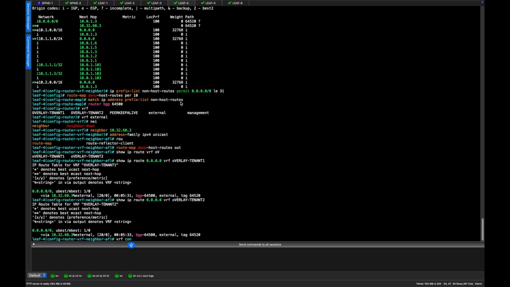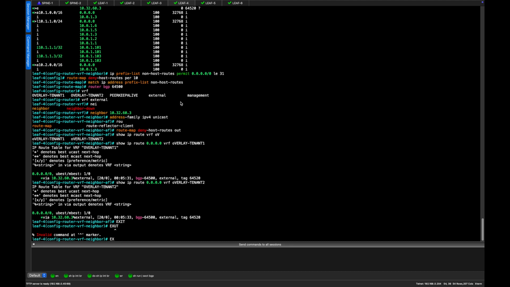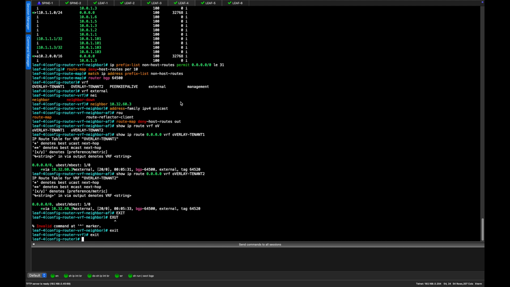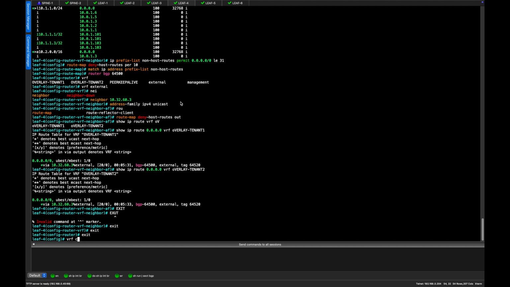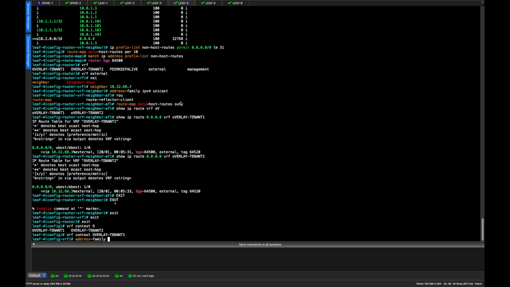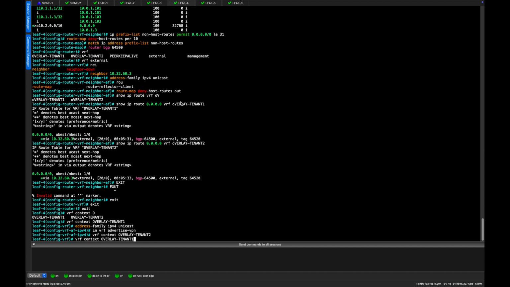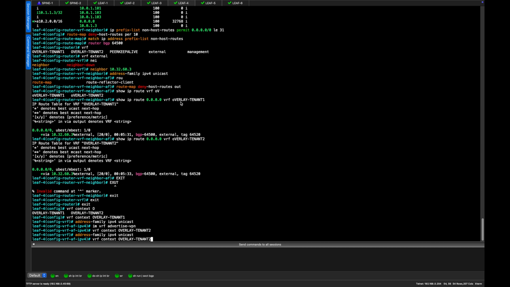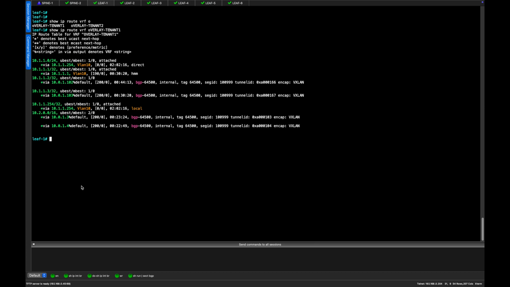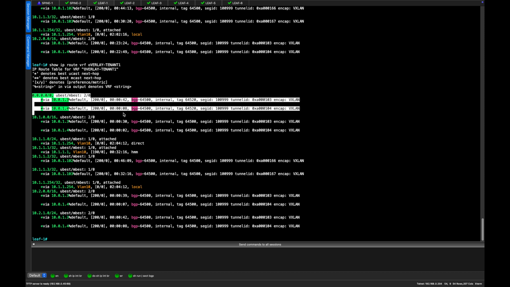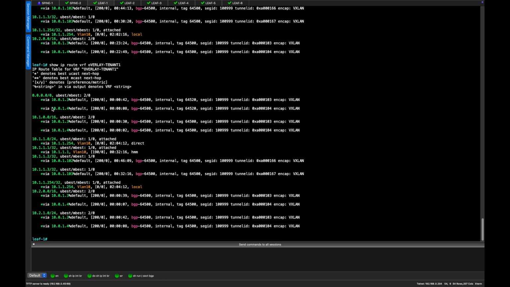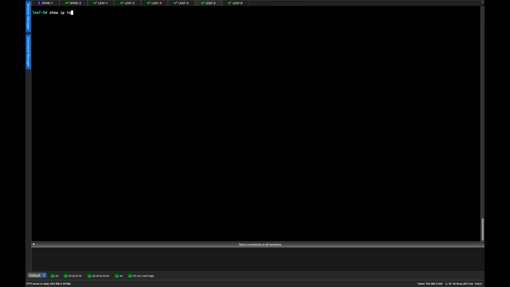VRF context, overlay tenant 1, address family IPv4 unicast, import VRF, advertise VPN, and the same in tenant 2. What we should see now is where we didn't have a default route, if I do this command again, we now have a default route, and we can see that it's via both border leaves. We can check another leaf, so leaf 5, show IP route